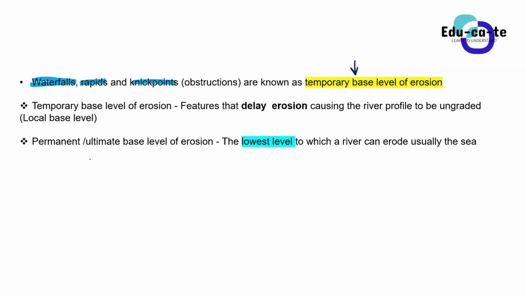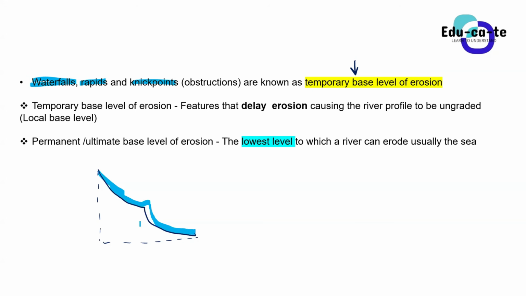Because remember, guys, a nick point is simply a sharp change in gradient. As the river is falling here, you just find a sharp change in gradient, something like this. This is a nick point. So now when the river flows down through this course, at some point it will experience this sharp change in gradient such that the water will have to fall. So you now have a nick point and a waterfall at that nick point. All right. So basically, those are known as the temporary base level of erosion.